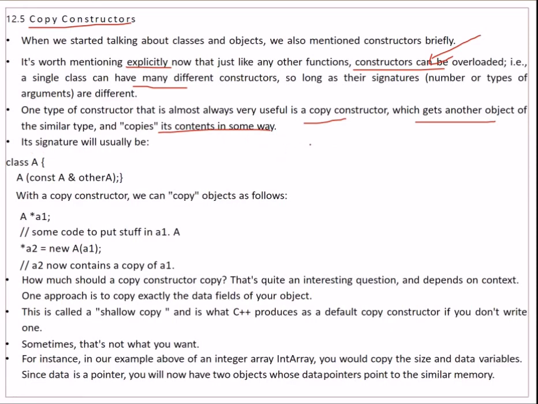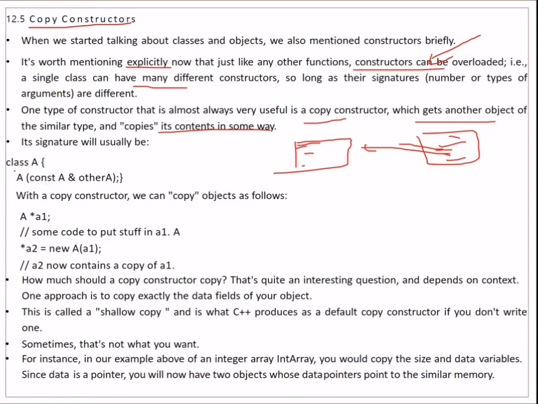What I am trying to tell you is, if a class is there, this is one object, this is another object, and you want to copy all the stuff which you have initialized or entered into it. Why make this again and again? You want to copy all the stuff which you have in this object to another object. This is possible by the copy constructor.